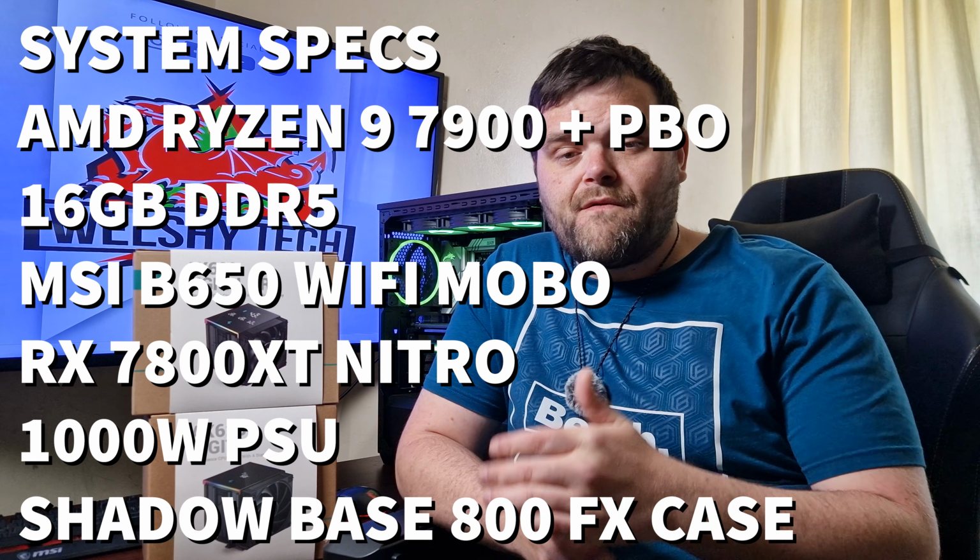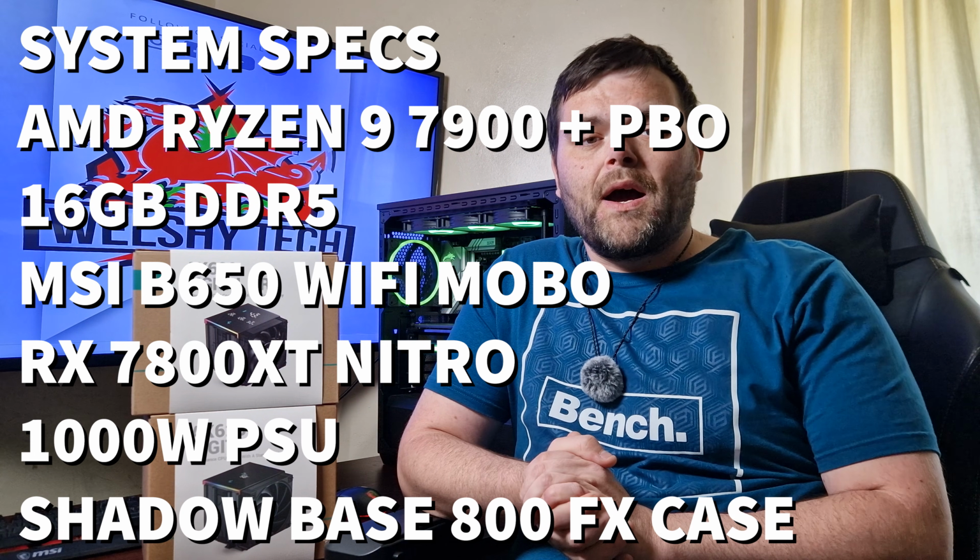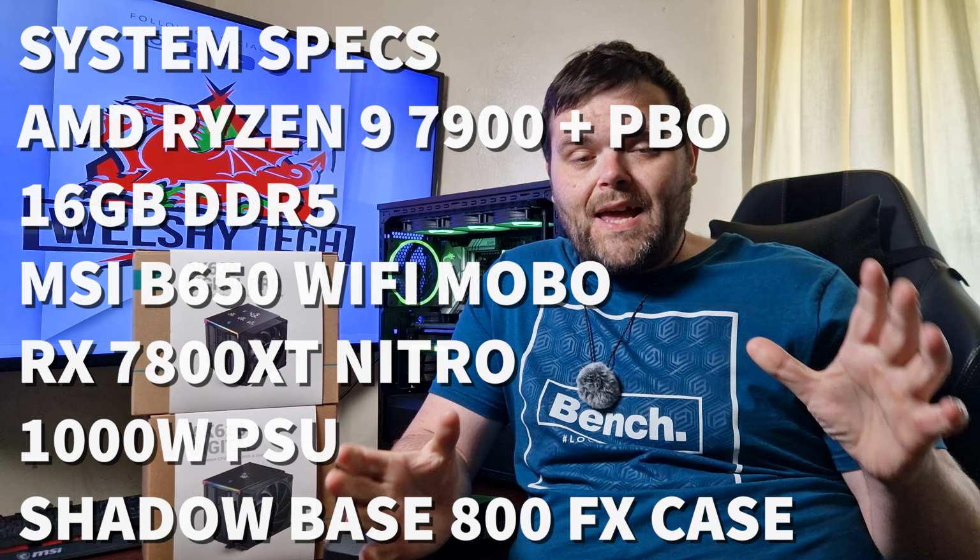Okay, so when it comes to the system I use for testing both coolers, it is my AM5 platform. It is the AMD Ryzen 7900 CPU with PBO enabled, an MSI B650 Wi-Fi motherboard, an RX 7800 XT graphics card, and 16 gigs of DDR5. It has a 1000-watt Kolink power supply, and it's housed in the Be Quiet Shadow Base 800 FX with 4